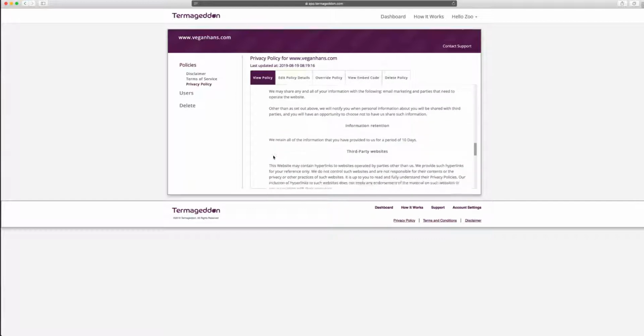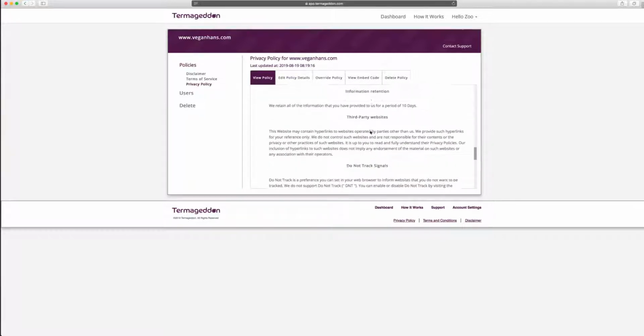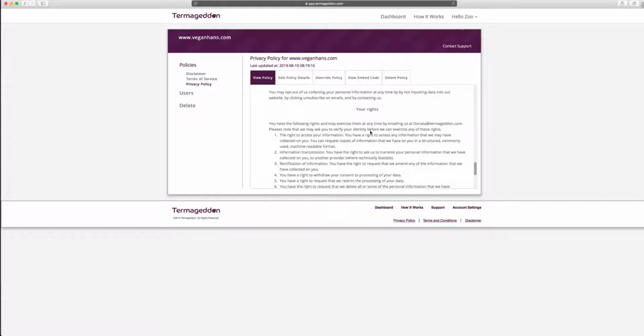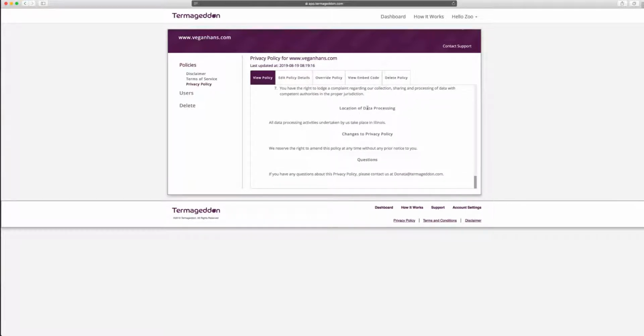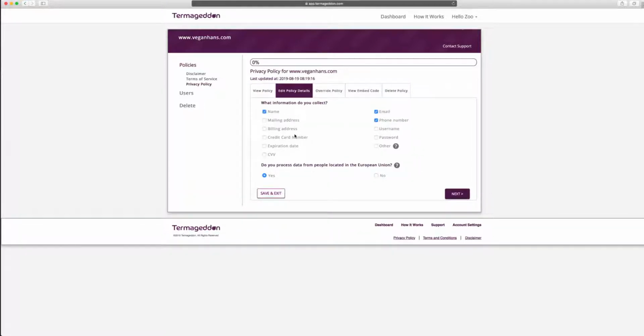And it does have the GDPR portion of it, so information retention and the rights of European Union data subjects, location of data processing, things like that. And if anything does change in the future, let's say you do end up getting a data protection officer, you can go into Edit Policy Details and you can go through the questionnaire again and just change it to what you need it to be. So yeah, that's pretty much how you create your GDPR-compliant privacy